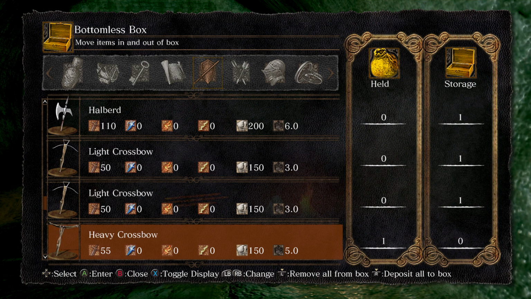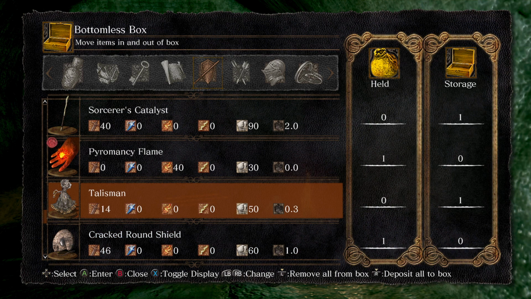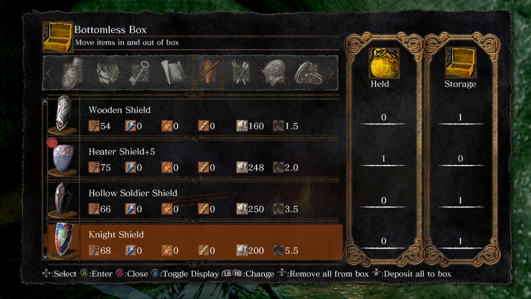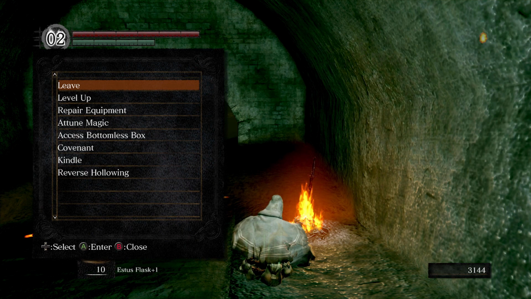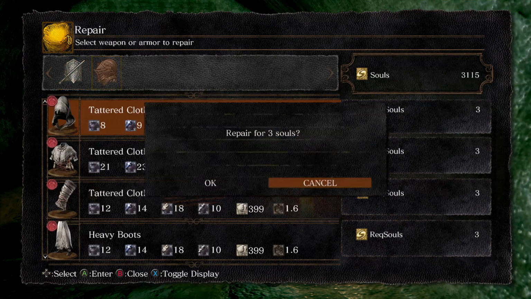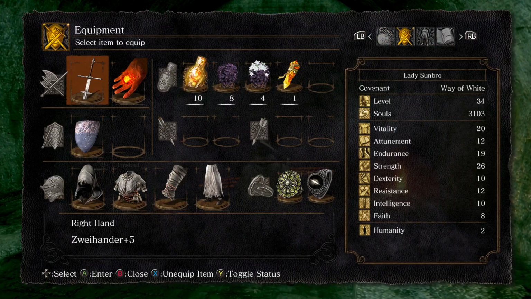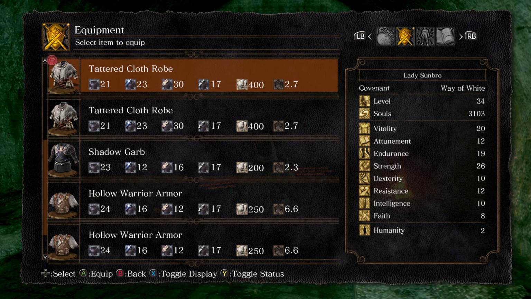For now, so much stuff. Wait, no, I need this. Talisman, cracked round shield. Terrible shields that I don't need. Okay. Might as well repair. Okay. Here we go. Now, I'll remove these things here, and now just check, do I have some...